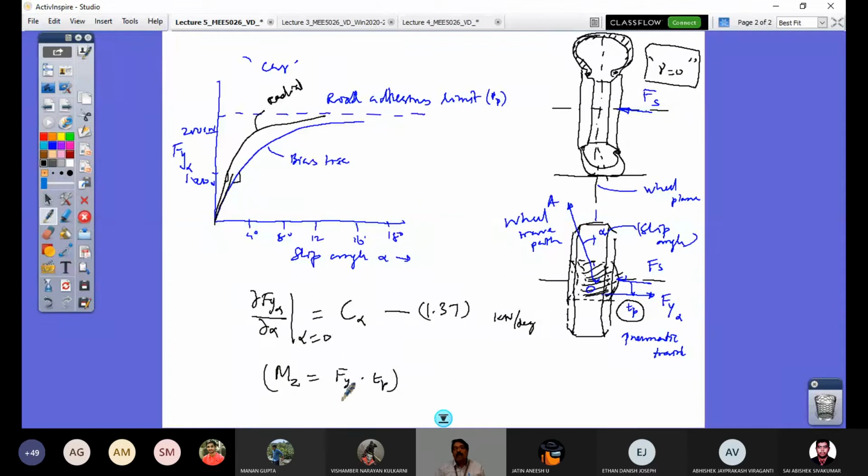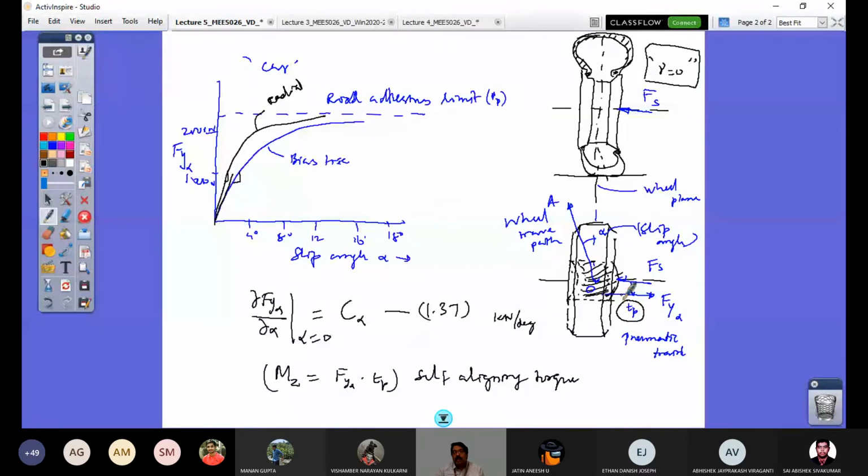It's called self-aligning torque because the torque now acting would make the wheel plane get aligned with the wheel direction. Or you can say this is when there is a side force acting on the wheel. When you are taking a turn in a corner, there is a centrifugal force outward, or a centripetal force necessary to be generated to hold the direction on the curve. At that time, that centripetal force acting on the curvature side would act with the pneumatic trail Tp, and that would generate a self-aligning torque. As you negotiate a turn, that would try to make your wheel plane align in the wheel travel direction, or the forward direction, and that's why it is called self-aligning torque, right?